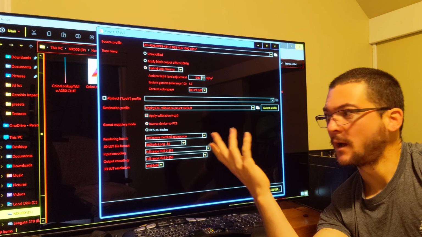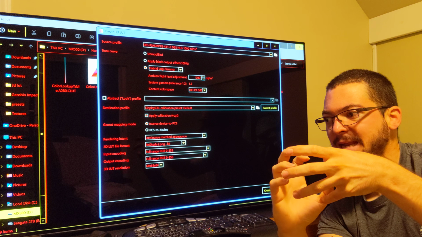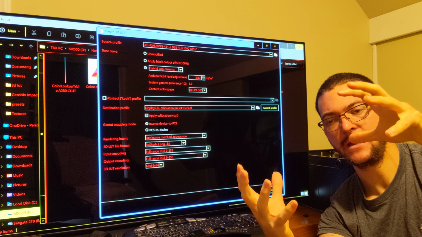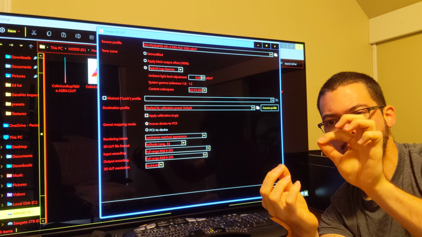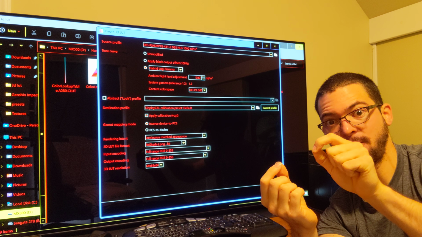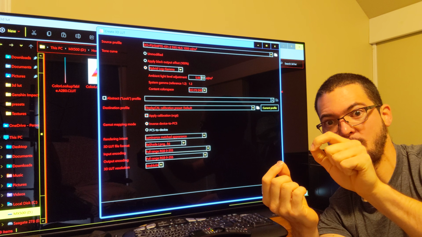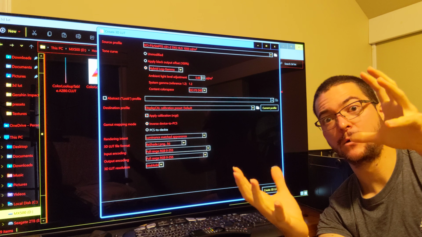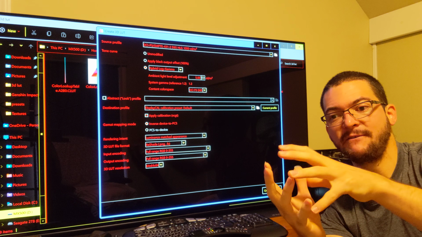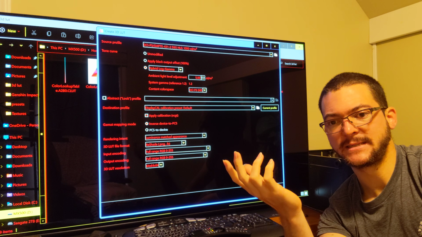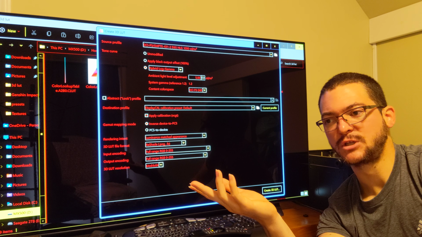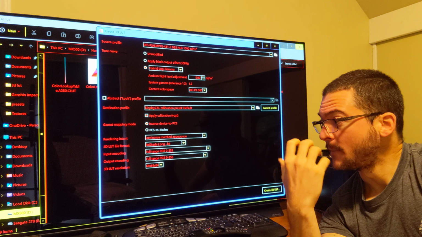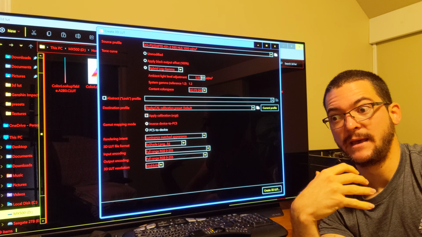So the 3D LUT is like a map. It's to remap the colors. The same color that is supposed to be at that 30% should be on a different coordinate on that bigger color space. So having a bigger color space doesn't necessarily mean that all the colors are supposed to be overly saturated. But based on my research, and I've